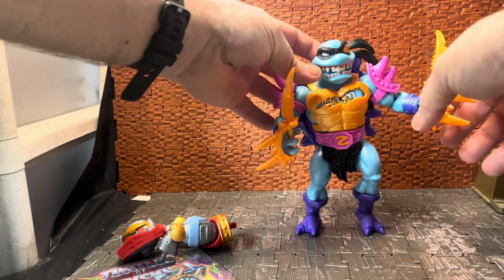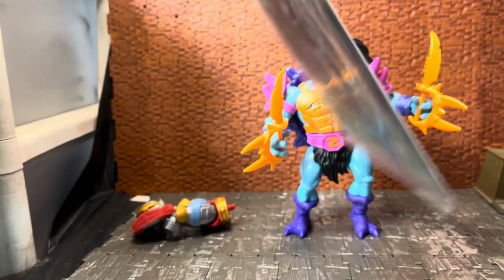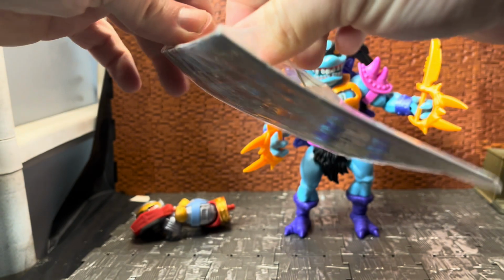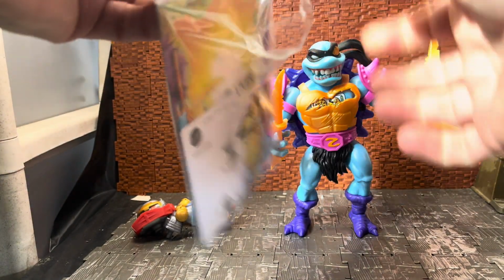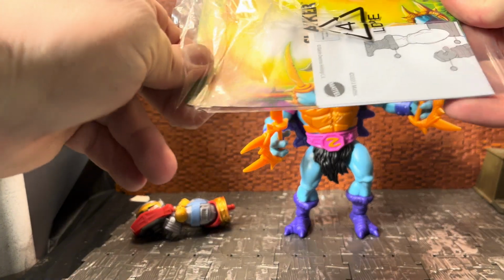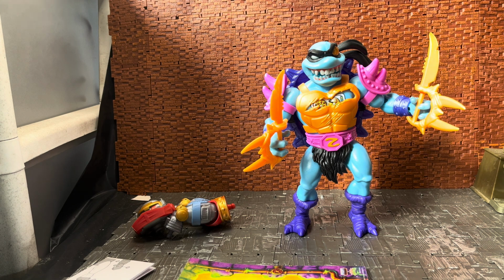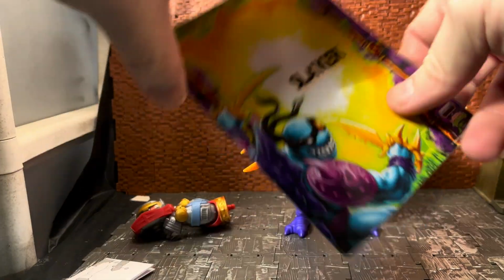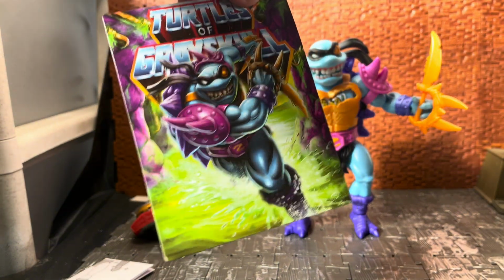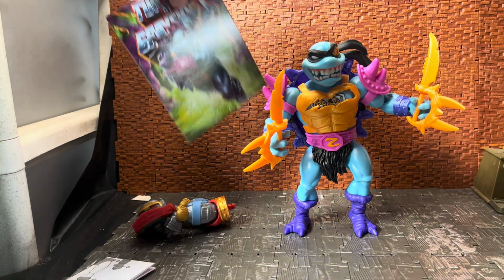I'm going to bring in the mutant himself. You do get a card in the box. It's in a little plastic wrapper, which I have not opened, but I believe it's the same as the Mouse Jaw one. Let me see if we can open this up. There we go. It's just a card, I believe. There's no comic to it, unlike the individual waves. And then you have the image that shows what you can pop apart, because these do use the swap and play kind of thing. So for Sla'ker, it's the same artwork that's on his box, with him charging forward in a slime pit, and then another image of him on the side. So I'll pop that aside,